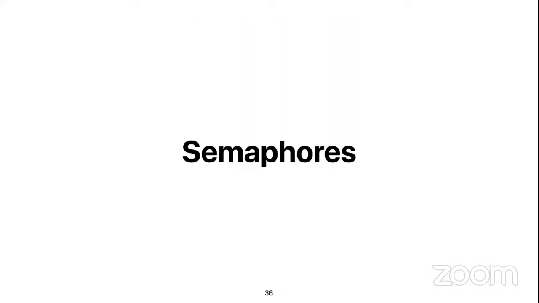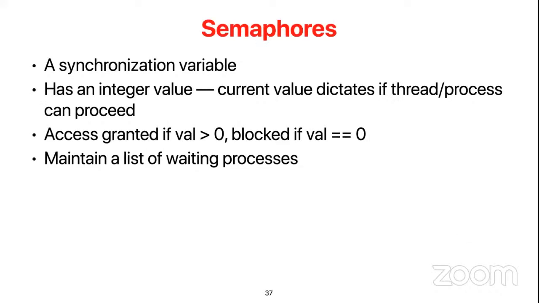So a better solution that we mentioned is actually semaphores. The basic idea of a semaphore is more like a signal. The semaphore is essentially a synchronization variable, and it's a very powerful tool to implement all types of critical section solutions. In addition to the binary value 0 or 1, you can give the semaphore any kind of integer value, meaning how much parallelism you are allowing in a critical section.